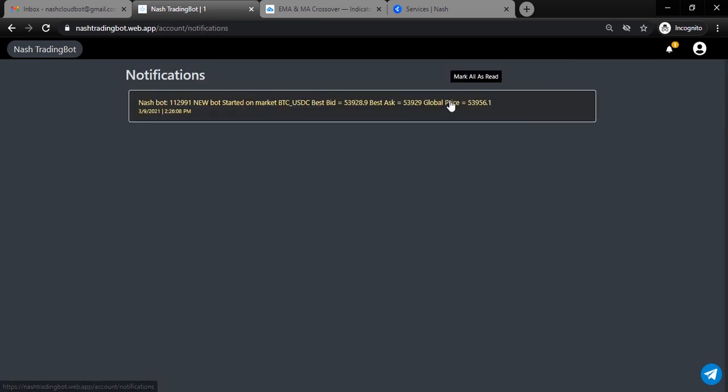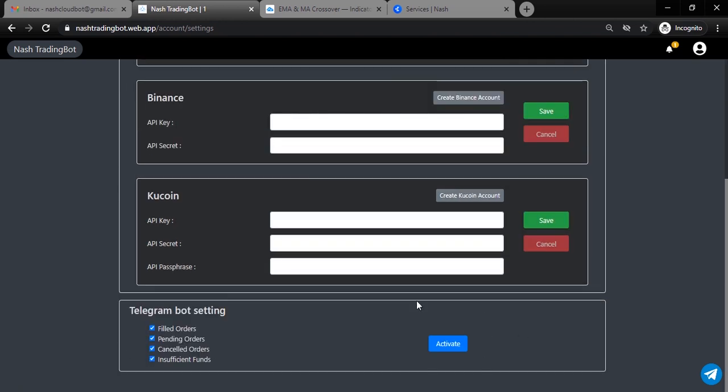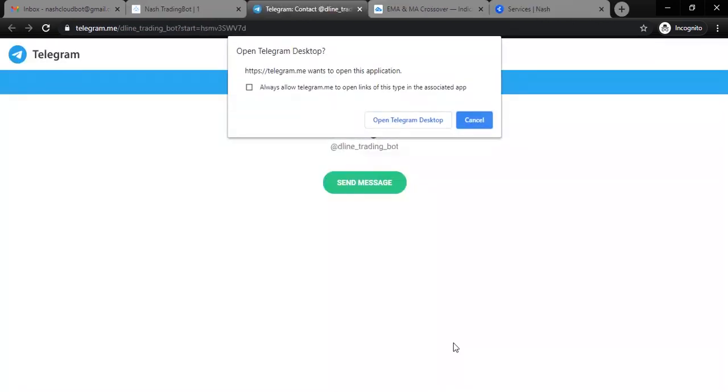You will receive notifications for each bot activity like order placement. If a bot stopped, you will receive notifications. Also, you can activate Telegram notifications as well. To activate Telegram notifications, go to settings, and at the bottom you can see there is an activate button. Click here. It will ask to open your Telegram desktop application.